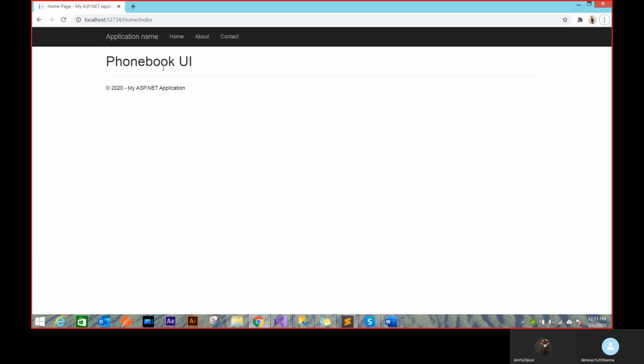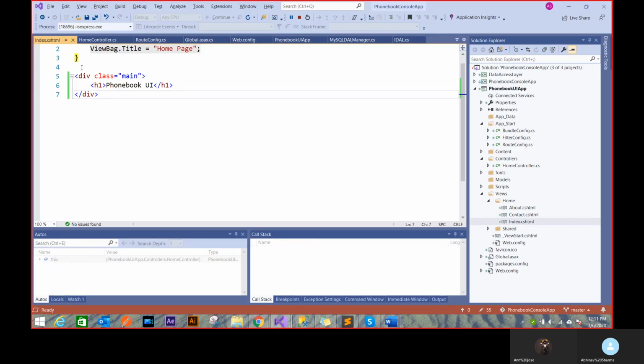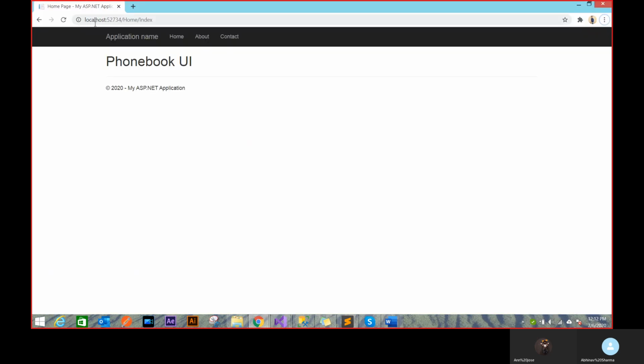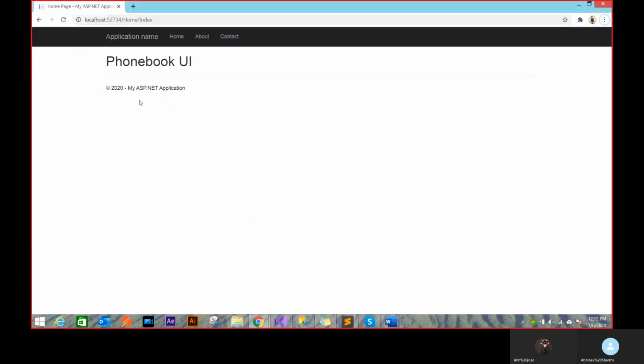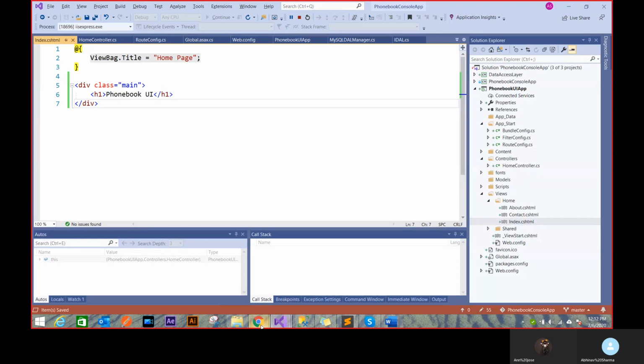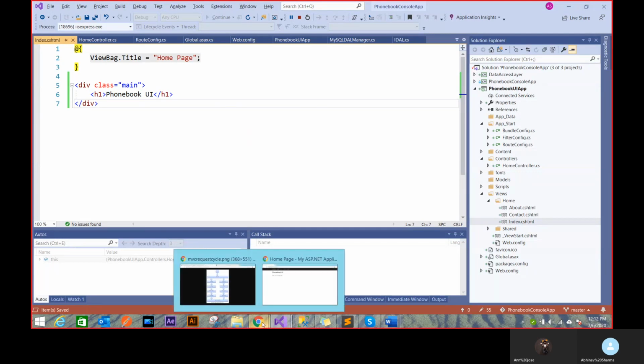Now you'll see something very different here: my HTML doesn't really start with an html tag, right? I don't have a starting tag here. I'm just putting a div, and it's still creating something. If you look carefully, it's still creating this bar and this footer. Where are these coming from, right? Because I don't have that here. How can it create a bar? I removed everything. So that's where the concept of a layout comes into the view.